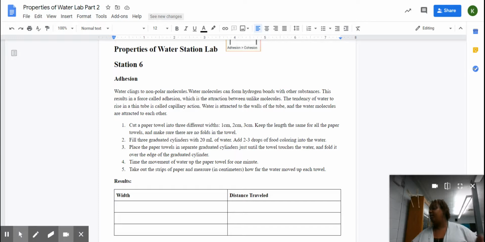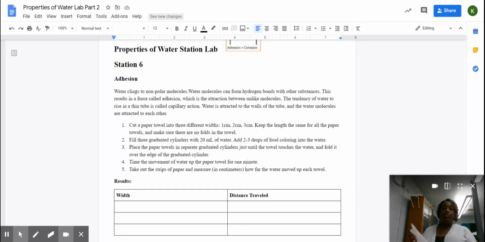While you're reading it, I'm just getting what we need. We need 3 graduated cylinders. These are my graduated cylinders. If you're doing it at home, you can use a cup. It's fine. All right, and it says we also need a paper towel, and the paper towel is going to